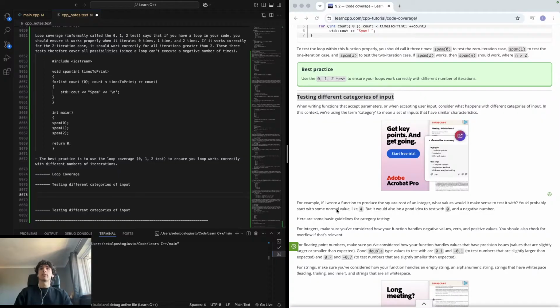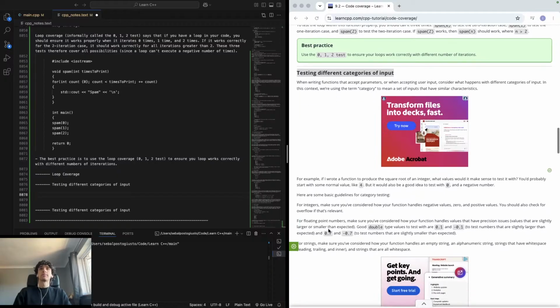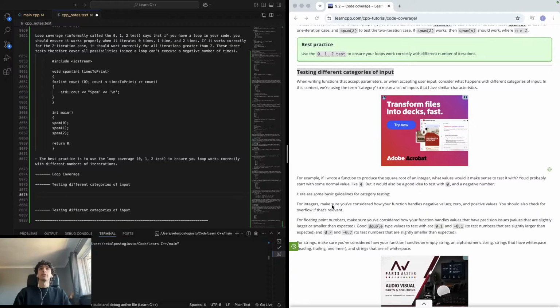For example, if I wrote a function to produce the square root of an integer, what values would make sense to test with it? You'd probably start with something like 4, but it would be a good idea to start with 0 and a negative number. For integers, you may consider